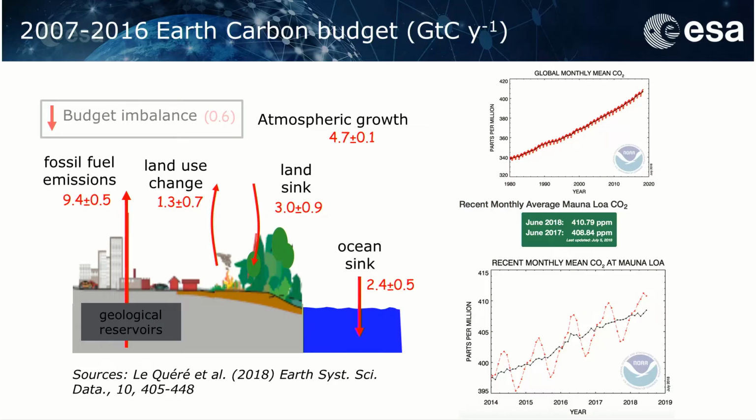Okay, so just to put it in a bit of context, this is a very similar slide to what I started with yesterday with the carbon cycle. The point being that we have been pumping the atmosphere with CO2 since the start of the Industrial Revolution, way back somewhere here. And the atmospheric growth in CO2 concentrations is estimated to be about 4.7 gigatons of carbon per